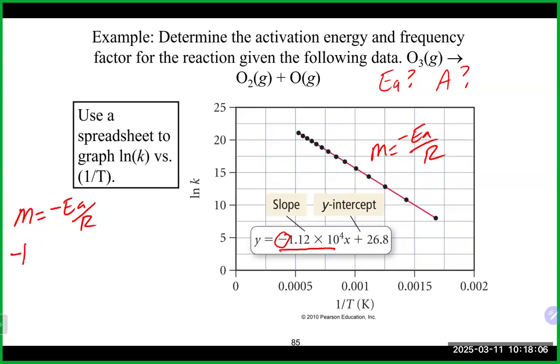So it's going to be negative 1.12 times 10 to the 4. It's going to equal minus our Ea over our R, 8.314 joules per Kelvin per mole. We're going to multiply this to the other side, also with the negative. And that will get you an Ea of